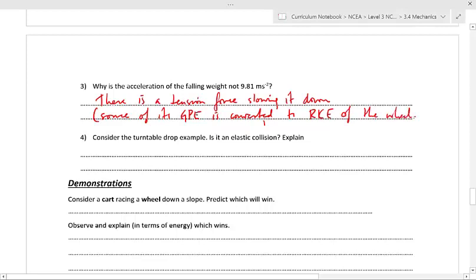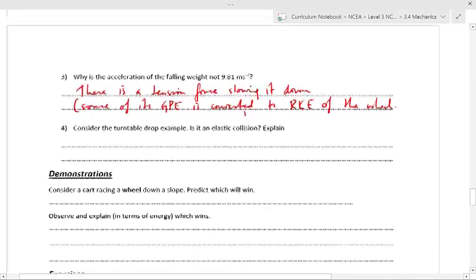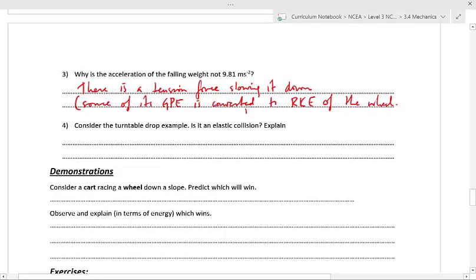Consider the turntable drop example. So that's the experiment that we did in class where we dropped the ring on top of the spinning turntable. Is that an elastic collision? Explain. Well, an elastic collision is where the kinetic energy is the same before and after. So this is definitely not. No. And the reason we know that it isn't was that there was friction